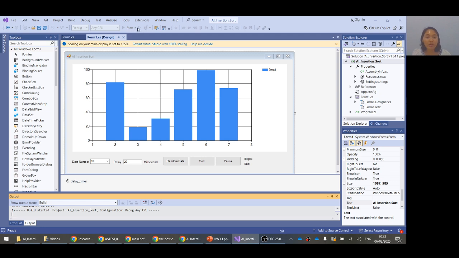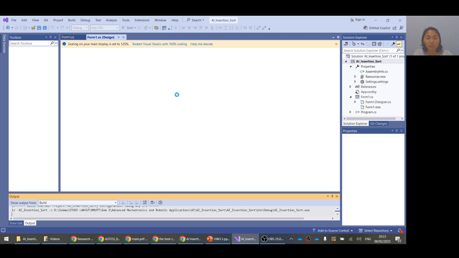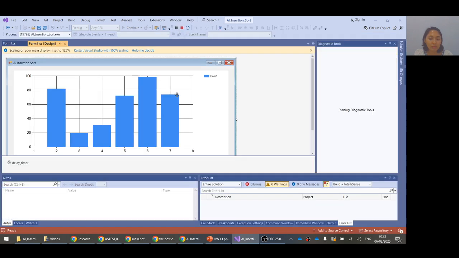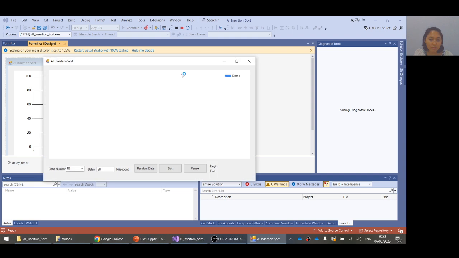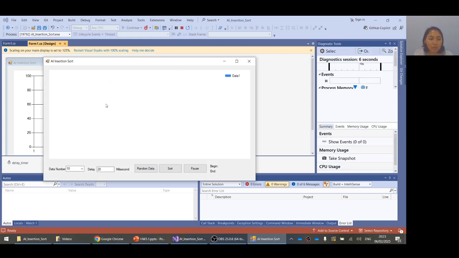Just click the start icon and wait until the GUI is shown. Just like this, it's still clear, there is no graphical chart, and then choose the data number that you want to sort.